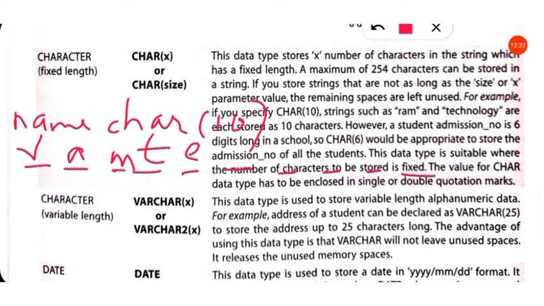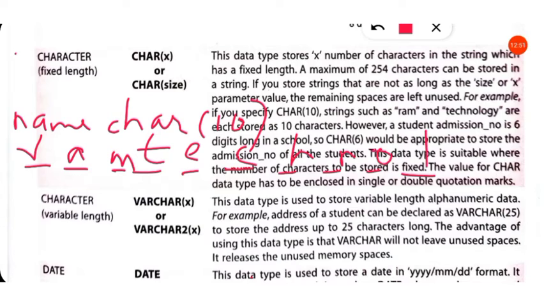For storing RAM, only 3 bits are used, so the rest of the memory is used by technology,